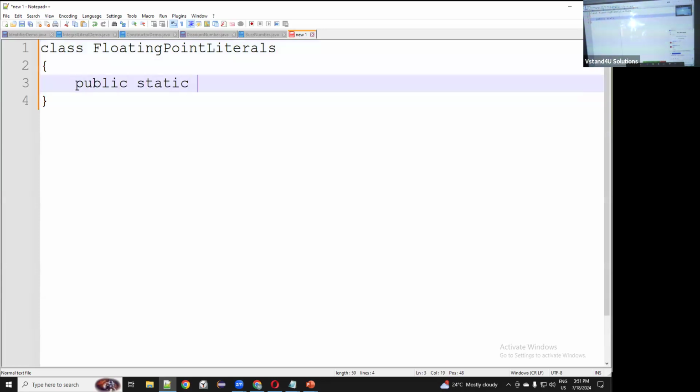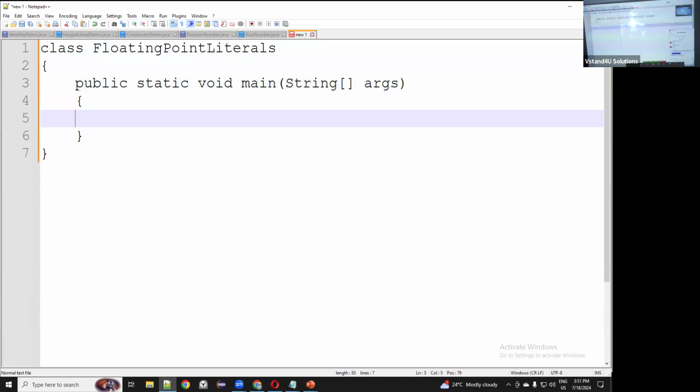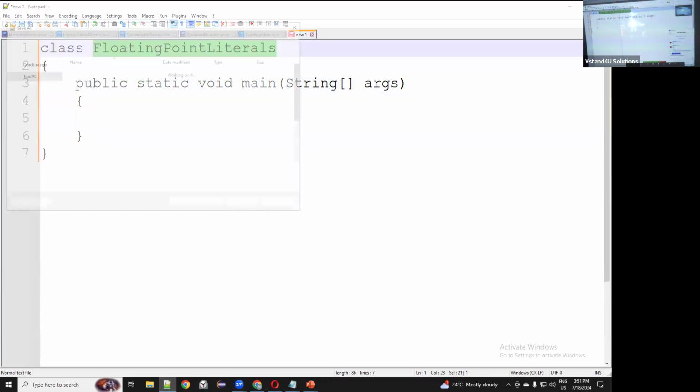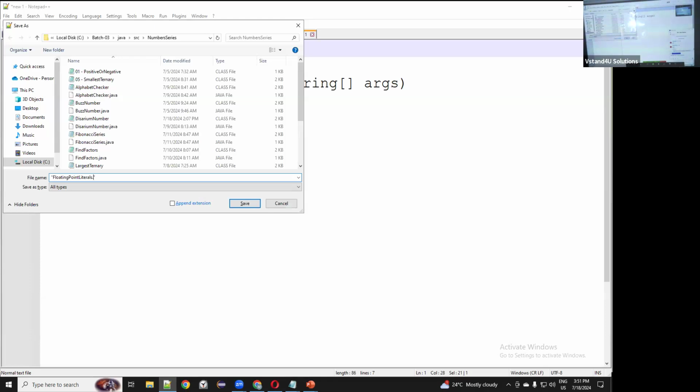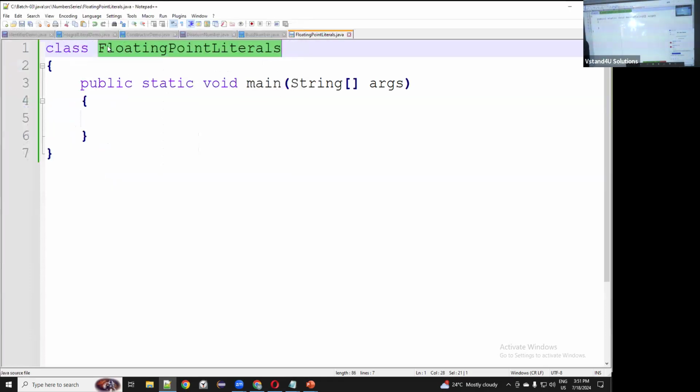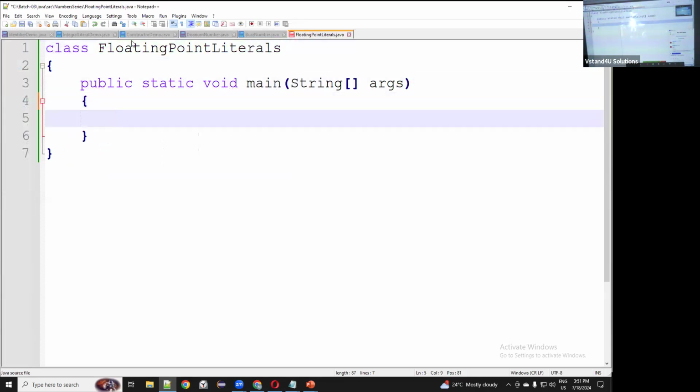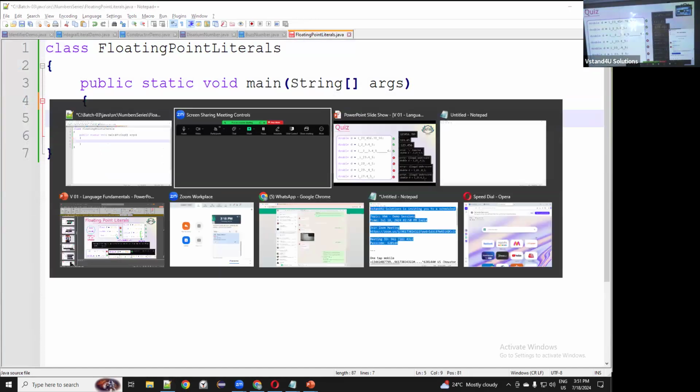Public static void main, String array of args. Then first let me save the code. Floating point literal, actually, demo it should be fine. I hope you are clear. Okay, sir. Next, what are the values we are discussing?